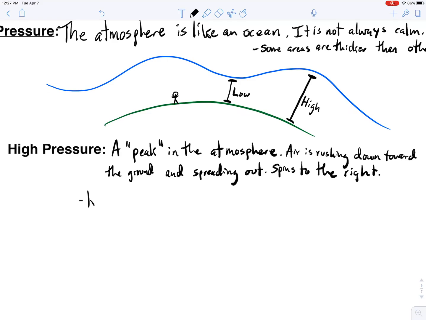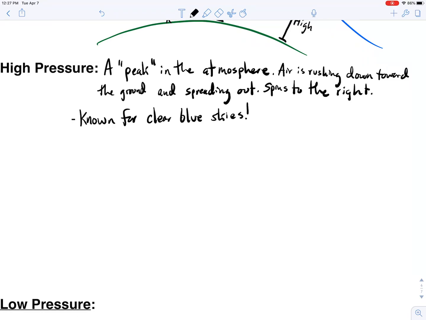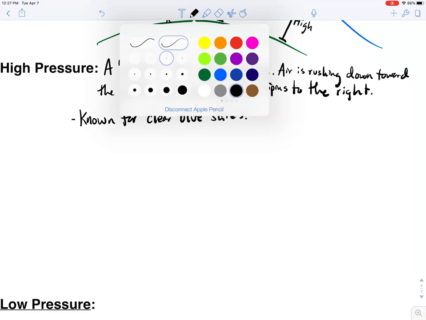But we want to associate the weather. When I know we have high pressure coming, we're thinking about clear blue skies, because high pressure is known for that. And we'll talk about why that is in just a minute. So if the weatherman's saying tomorrow is going to be high pressure here in Maine, I know we're going to have bright sunny skies, fewer clouds, and a really low chance of rain or snow or anything on a high pressure day. So I want to do a couple little drawings here for you. First,